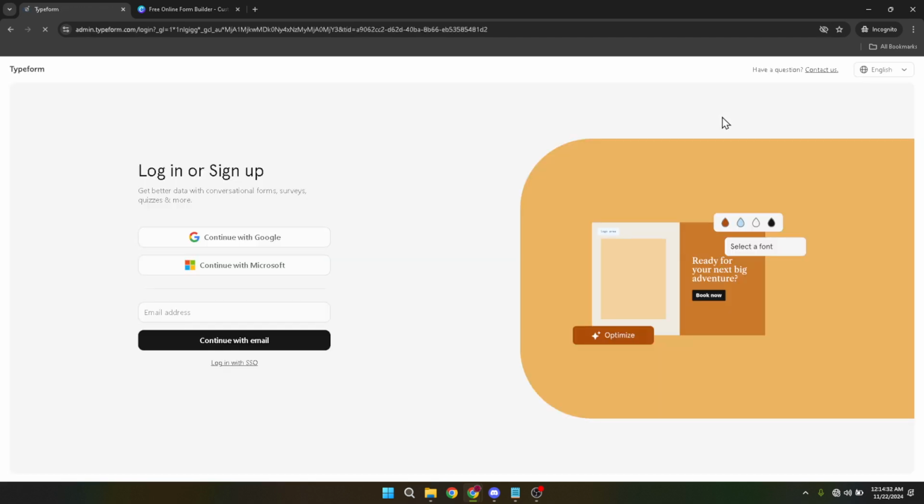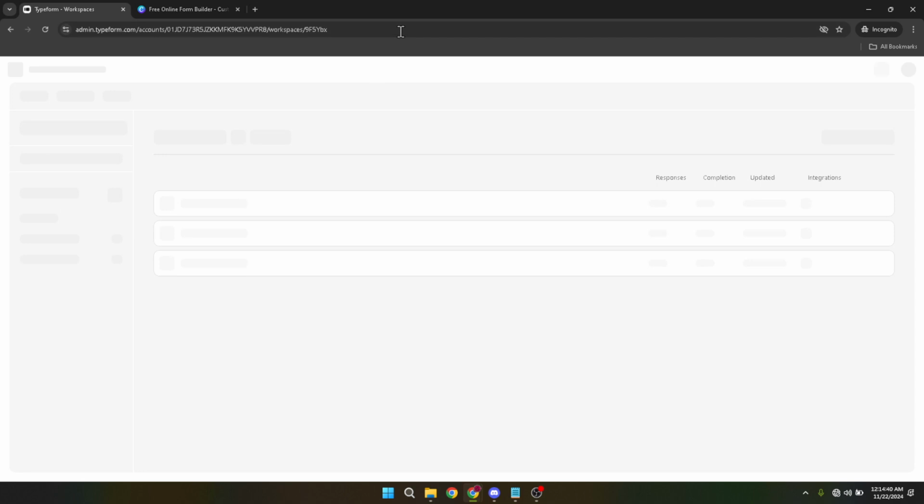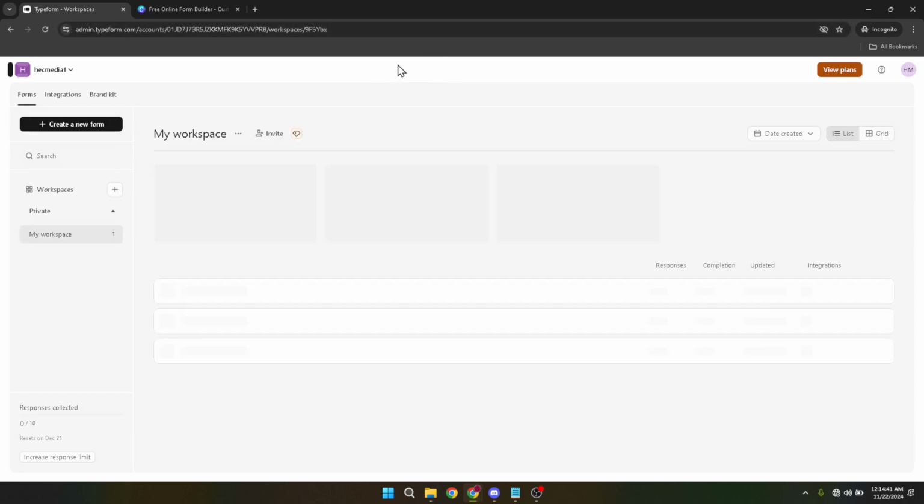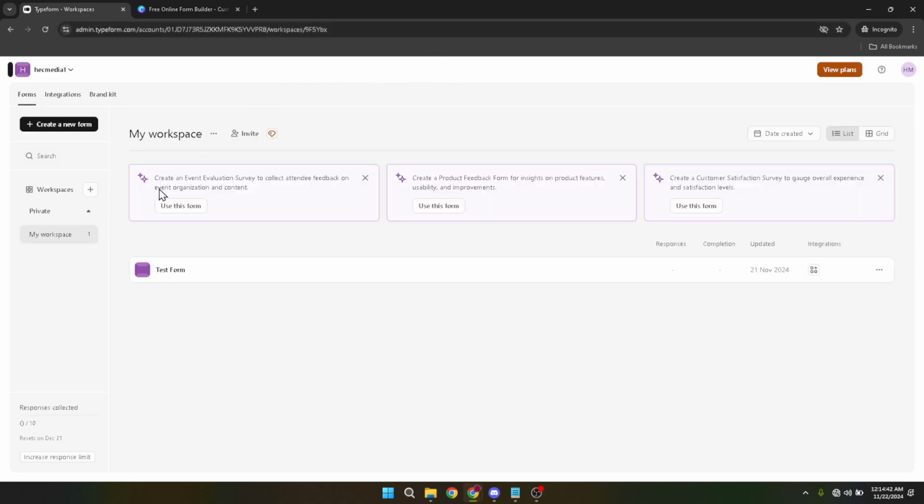If you generally use Google services, then opting to continue with Google offers a seamless sign-in experience that pulls in your credentials automatically. This is where a tiny bit of patience comes in handy, as you might wait a couple of minutes depending on your internet speed or the site's server load. After signing in, navigate to the specific form you intend to use in Canva. If you have multiple forms, make sure to select the correct one. This step is crucial because this is the form that will be embedded into your Canva design.